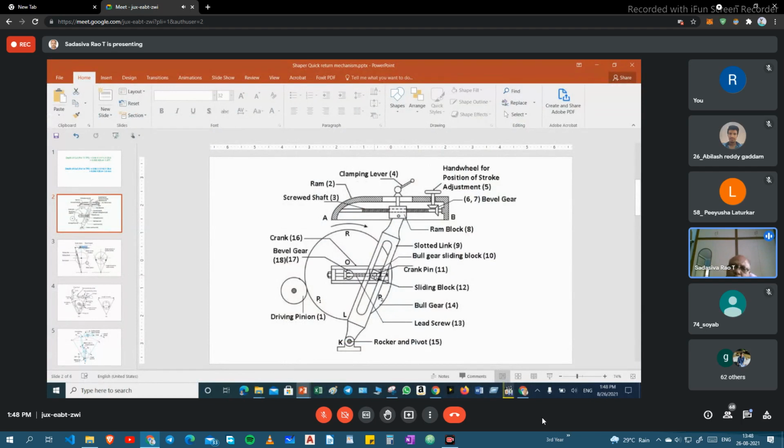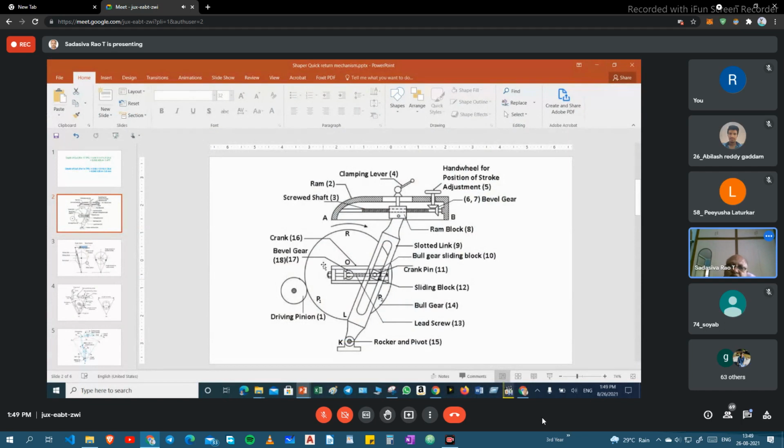Say we have to reduce, means the maximum, here there is adjustment in the lead screw. By loosening this, we will adjust the stroke length. Here generally 3:2, that is during forward stroke, 240 degrees.